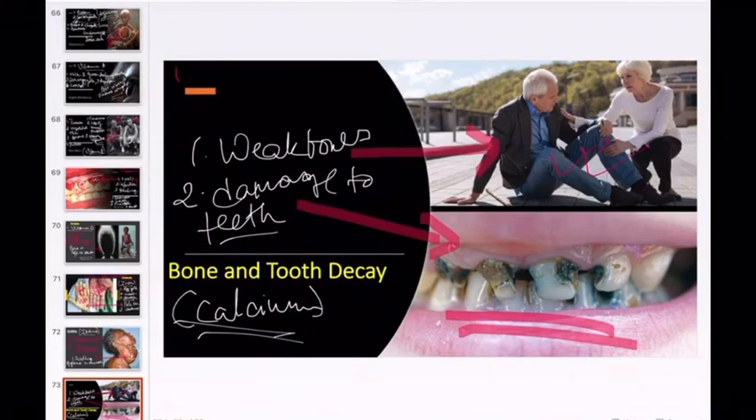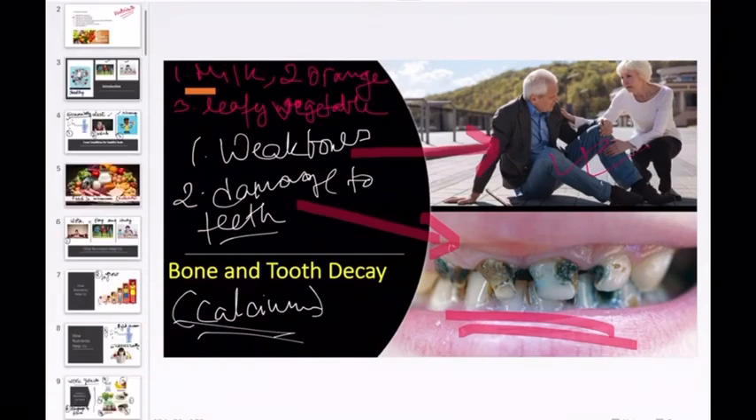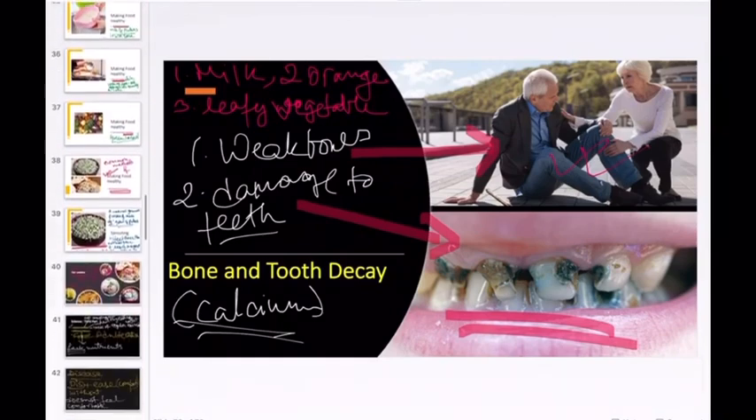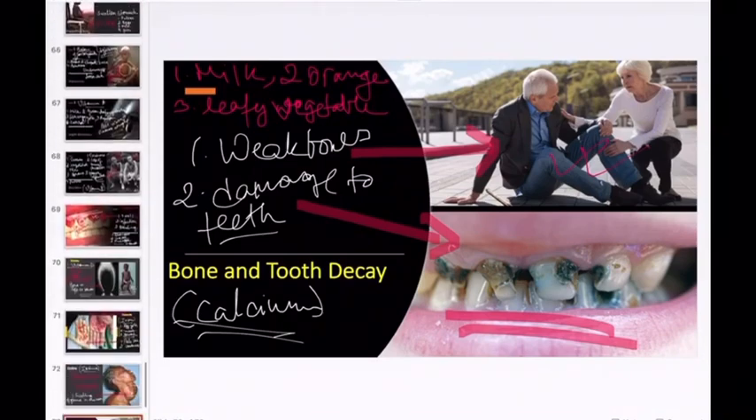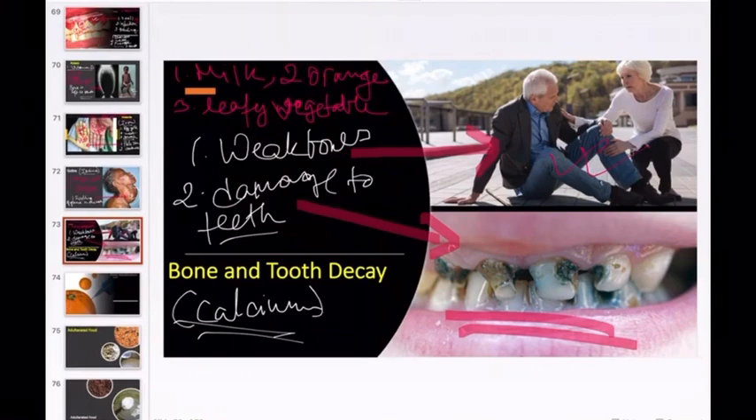And what type of food must we eat? Milk is rich in calcium. Oranges, like vitamin C, also have calcium in them. And leafy vegetables. So please do not avoid green, leafy vegetables. Okay, so these are the few diseases caused due to the deficiency of